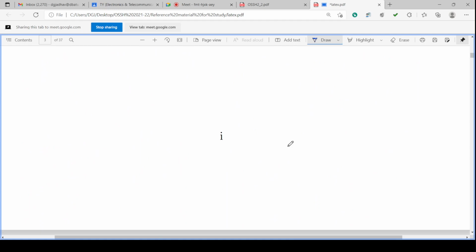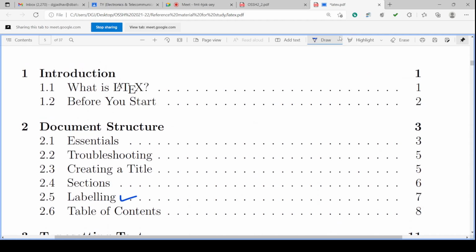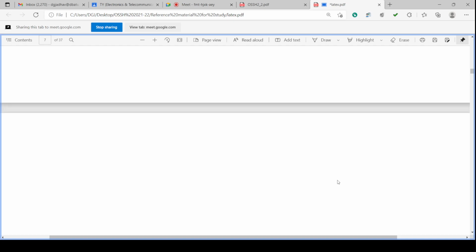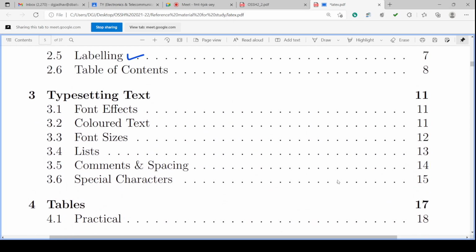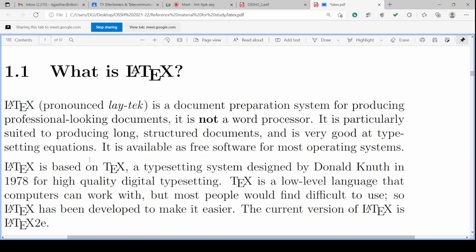Suppose we want to go to, say, introduction, isn't it? I will go like this by clicking it. Suppose I want to go to what is LaTeX. I will go to what is LaTeX.